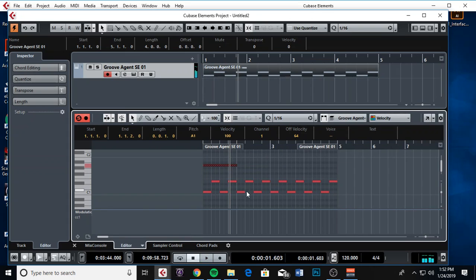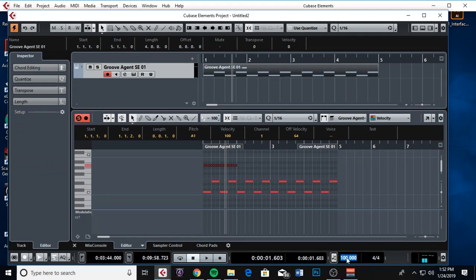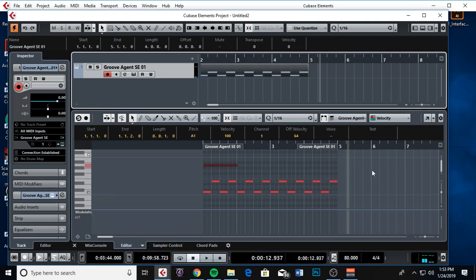Okay. A few things. You'll notice the tempo is down here. I don't have to leave this at 120. It's 120 by default. I could change it to anything else. Okay, also time signature. Right now, leave it in 4/4, but if you wanted it to be something else, this